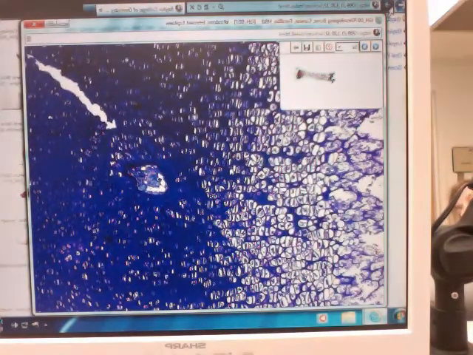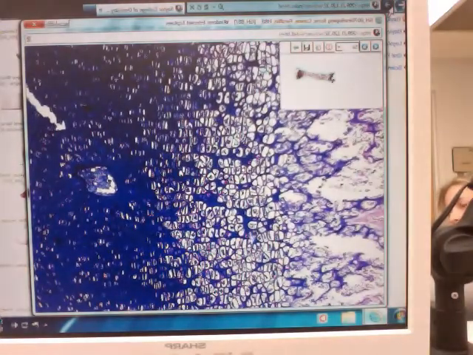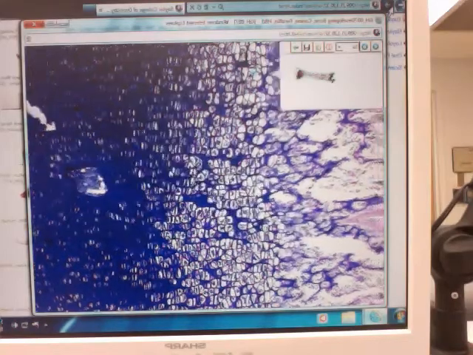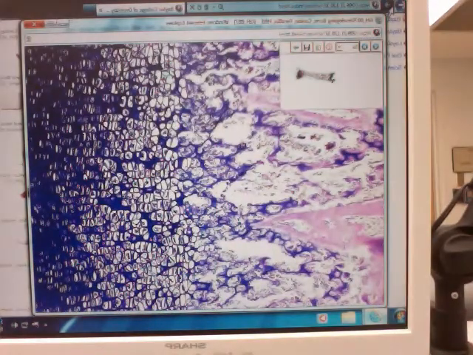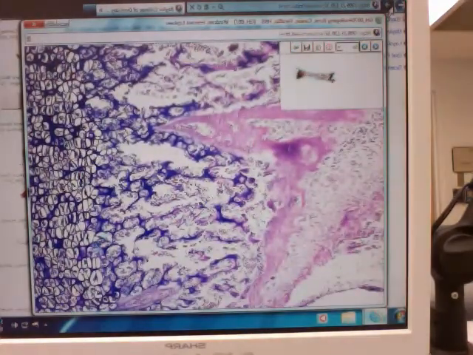We get down here into the zone of proliferation, starting to see an increase in the number of cells. Zone of hypertrophy, you're seeing them dying off and actually starting to secrete matrix around themselves. From about right here up, here's your zone of calcified cartilage, zone of calcification. And then down, anytime you start seeing pink around that purple cartilage, you know that you're going into the zone of ossification. So all this, even though it's little, just a little bit of pink, you're starting to ossify